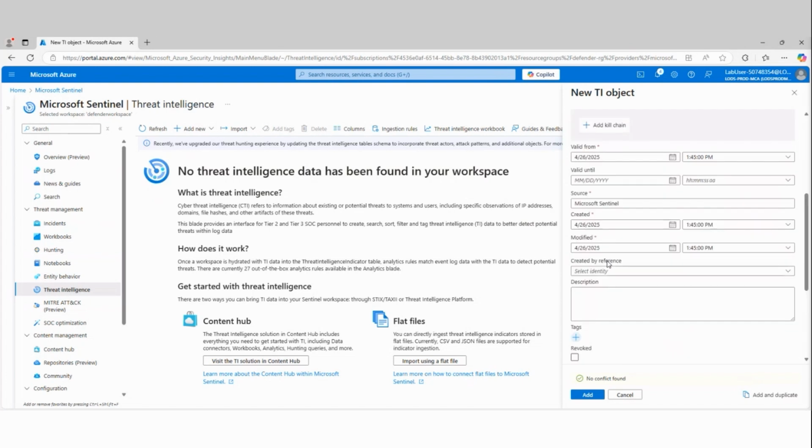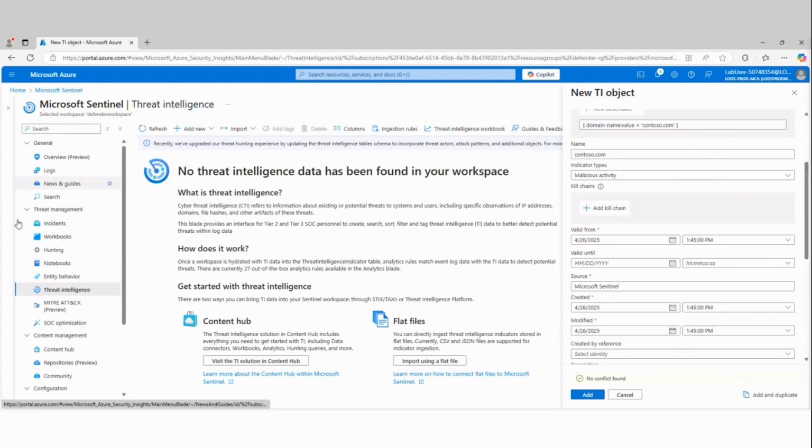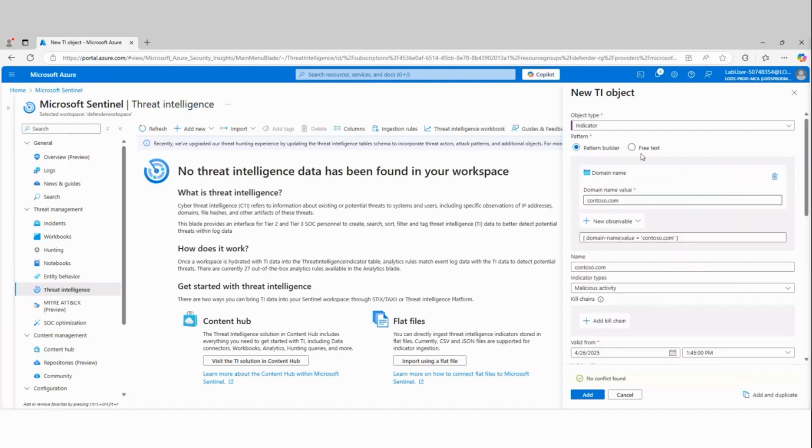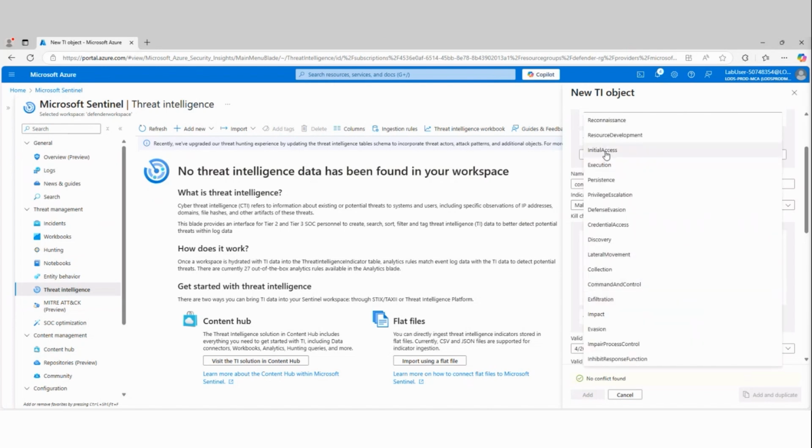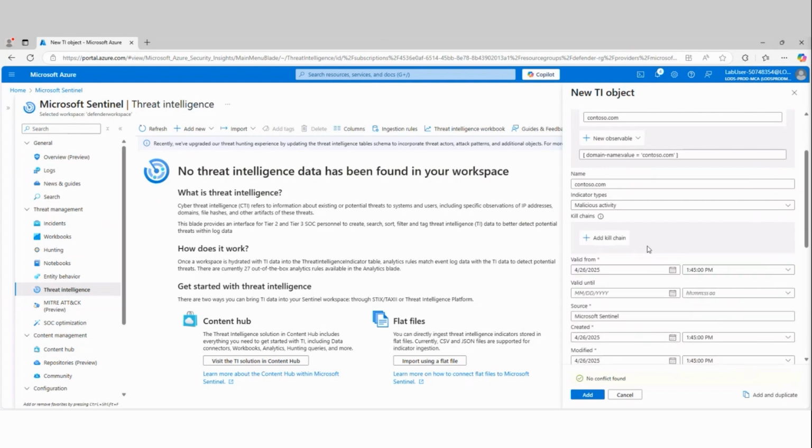But I do recommend that as an organization you sit down and you identify what are the different options that you can put in here. Come up with a taxonomy, a listing of things that will be put in here, because you can run queries, KQL queries, against all of the fields that you see here. You can run queries against all of this. And if your kill chain field is, let's say one person puts in MITRE or something else as part of this. So I can say, let's say initial access. So I can do that. So you want to standardize how it's done.